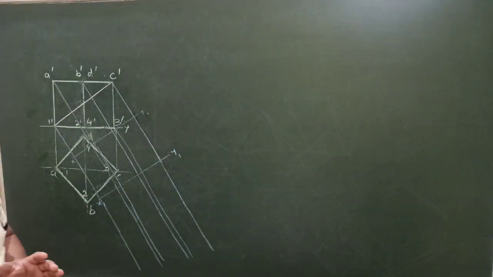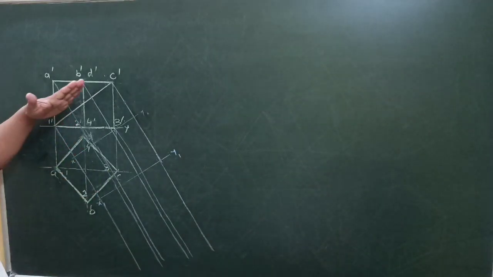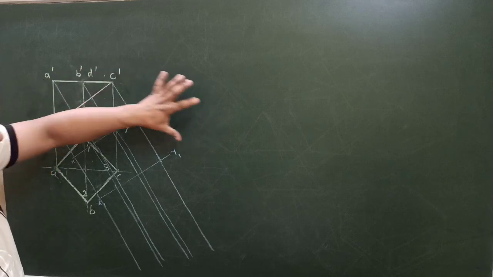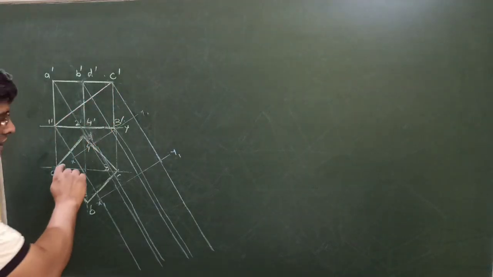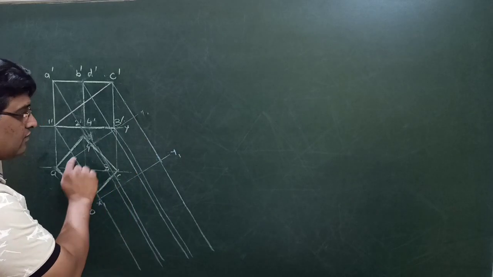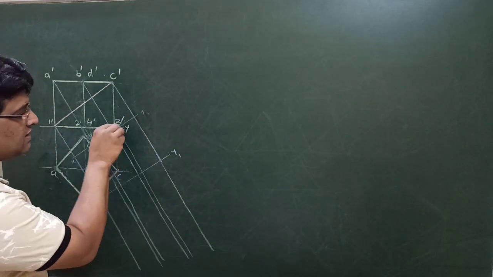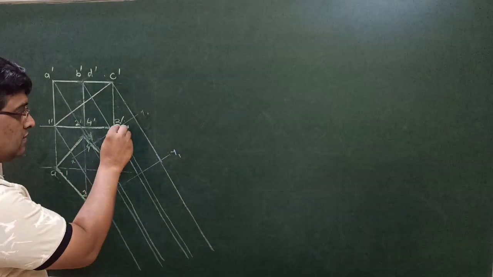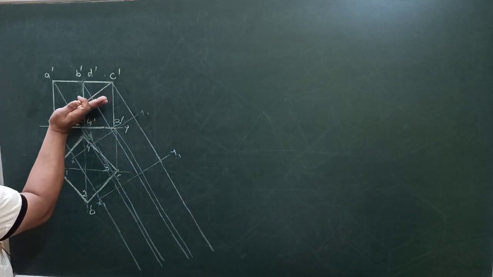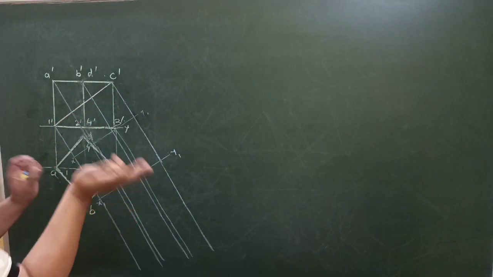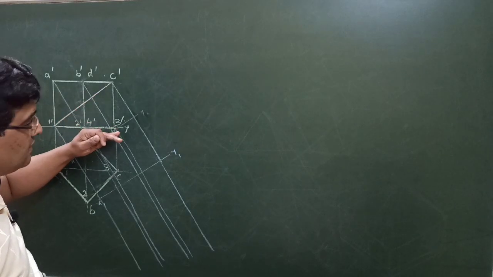What happens in the change of position of axis method, we have already explained in the previous video. So what we did, rather than tilting this solid and making 1 dash C dash parallel to the XY line, I have drawn another XY line here, X1 Y1, passing through the resting point. We are assuming that 3 dash is resting on HP. So from here we have drawn one line X1 Y1, which is parallel to 1 dash C dash.